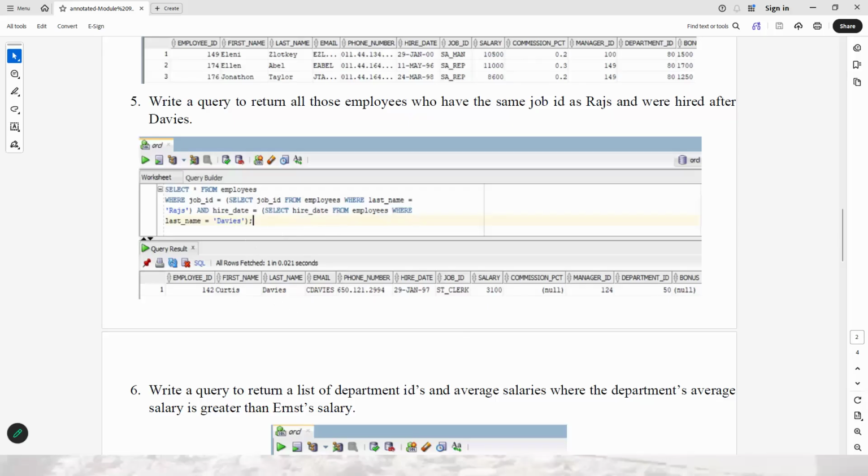Anyway, that query doesn't make sense, but let's take the time to run this query for you. Select, and we're just going to do last name, not everyone, from employees. And I'm just going to do the hire date. Well, I guess we'll do the whole query, where job ID